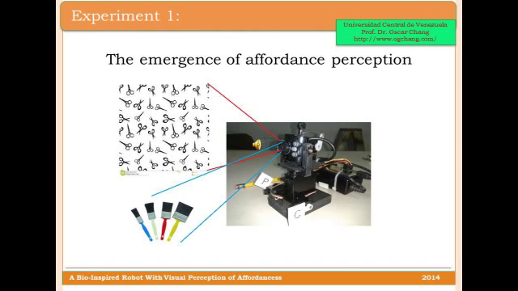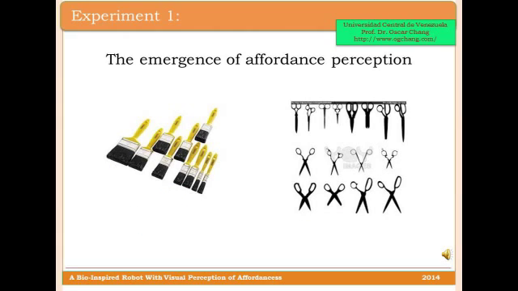Experiment 1, the emergence of affordance perception. We want the robot to develop perception of affordance for two classes of objects, class P represented by brushes which afford painting, and class C represented by scissors, which afford cutting. These classes were chosen since physical samples of them were available, and they both represent difficult to recognize items, very sensitive to rotational translation. One cognitive string was dedicated to perceive affordances for painting, and one for cutting.